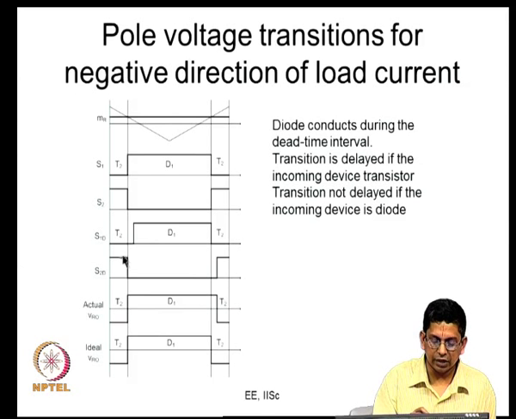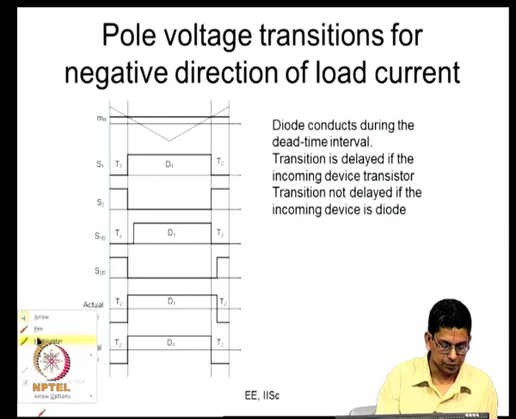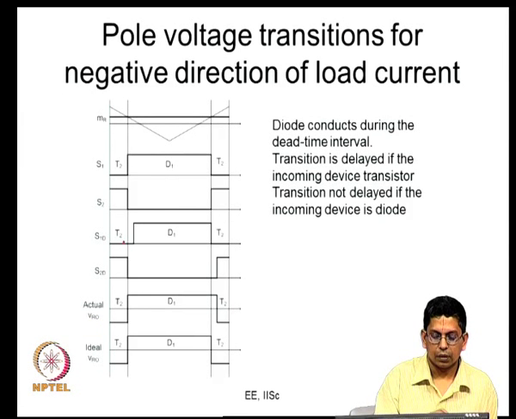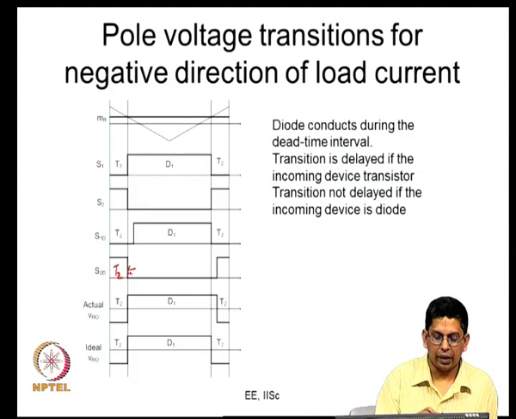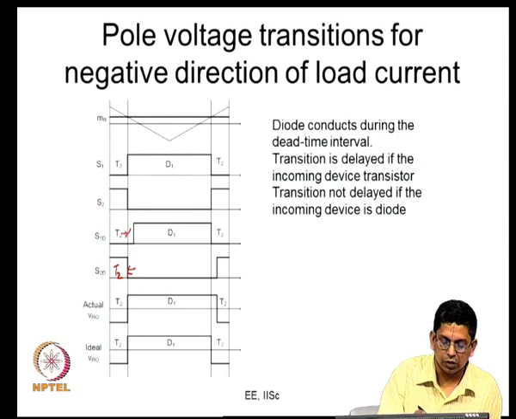So, let us look at these intervals and see where this stops and where that begins now. Alright. So, this is the bottom transistor. The bottom transistor will conduct when? It conducts here up to what time? It conducts only up to this interval. Why? After that the bottom transistor's signal is low, so it cannot conduct. So, who conducts during this interval? The diode already starts coming into conduction. So, the diode conduction begins right here.